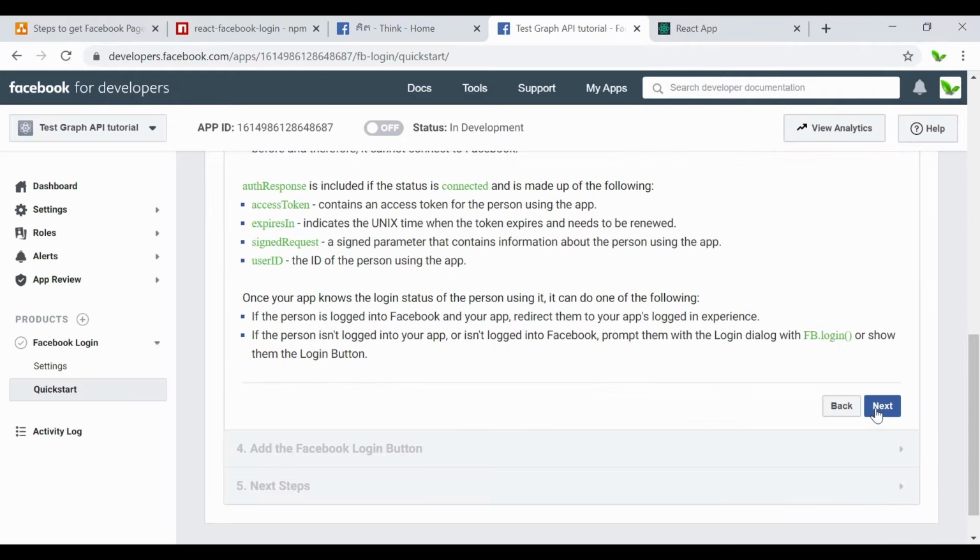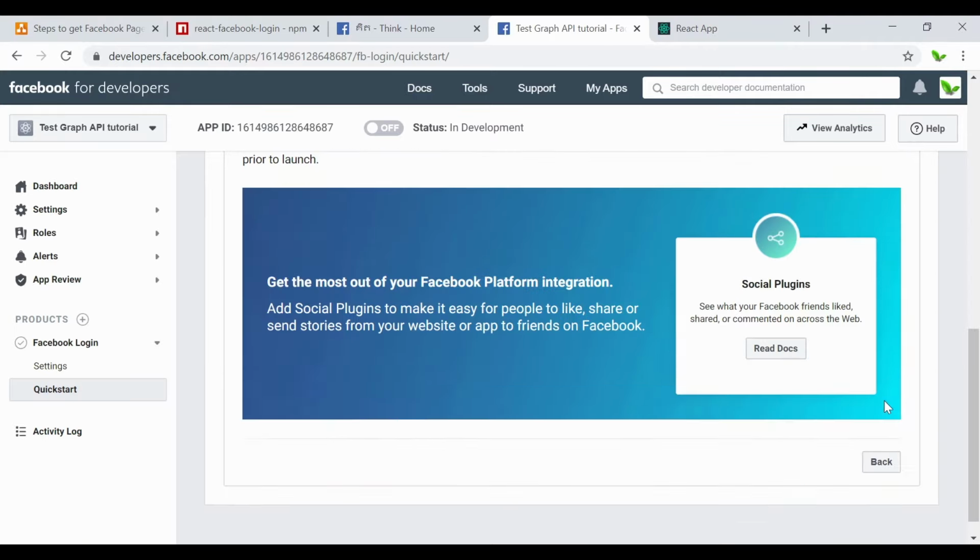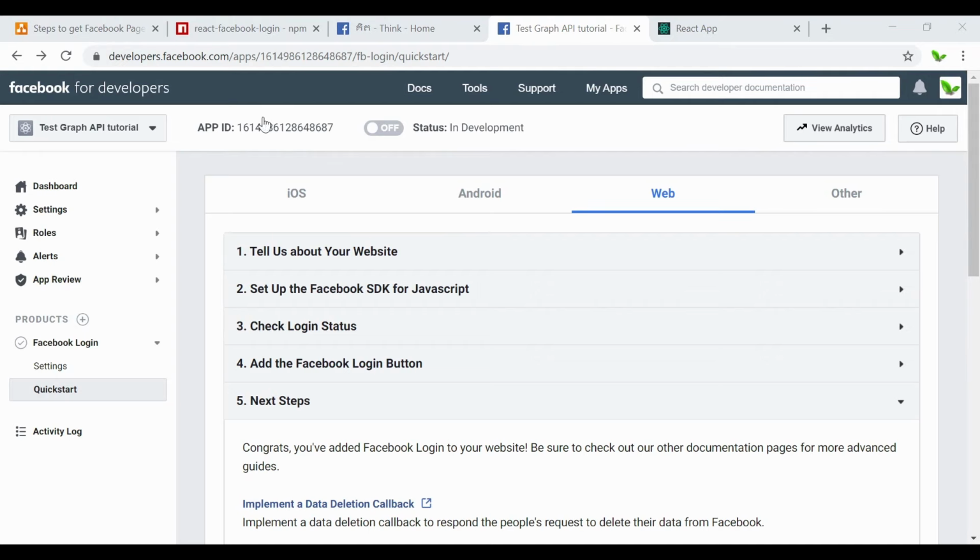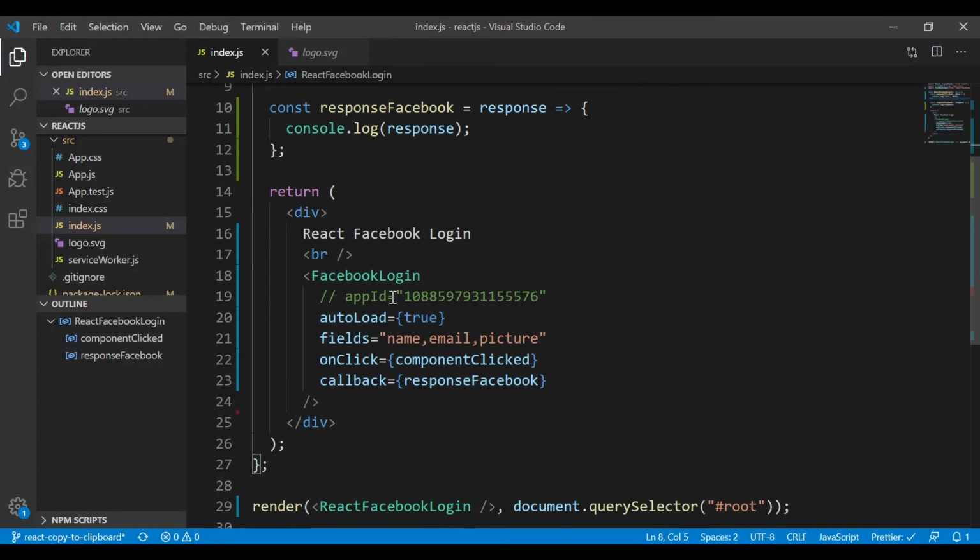We can basically just click next. So now we can copy the app ID I just created. Now let's go back to the React app, and here we can just replace it right here with our app ID. So once I save that,